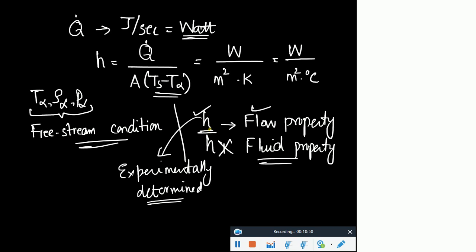Just like that. For example, if it's hot outside in summer, you go outside, what do you do? You try to increase the convection by what? By switching that fan on, right? By blowing on your chest. You try to do these kinds of things. What are you trying to do? Basically, you are trying to enhance the fluid velocity. And by that enhancement in the fluid velocity, you are trying to increase h.